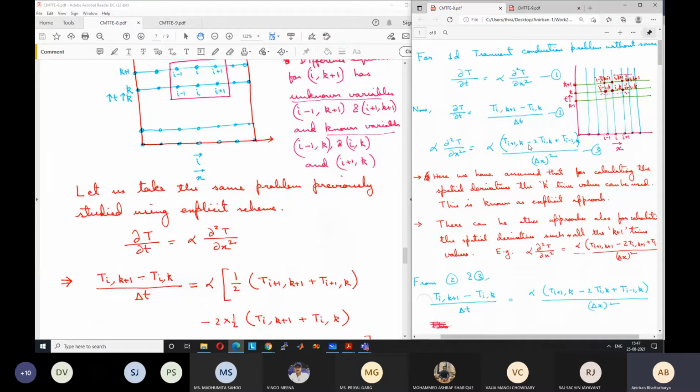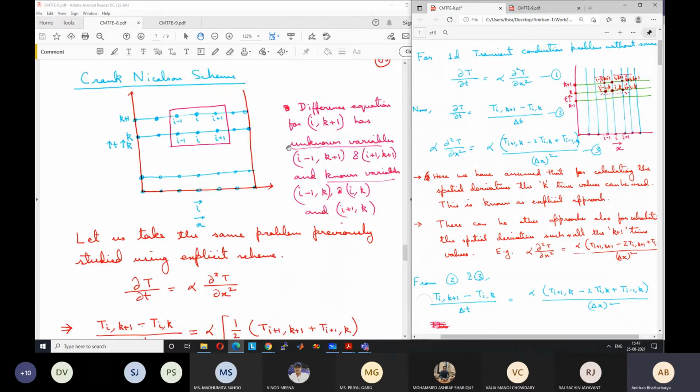So remember that for the new time step, 10.1 seconds in our example, we do not know the values. We can write in terms of the variables, but we do not know the values. But at the old time step, which is at 10 seconds for our case, we know the values. That is also something that needs to be kept in mind. So now exactly the same expression can be written, but instead of writing Ti plus 1 for the kth time step, we have to write the average value of Ti plus 1, for the Crank-Nicolson scheme.